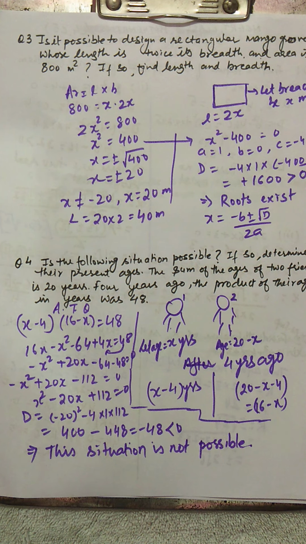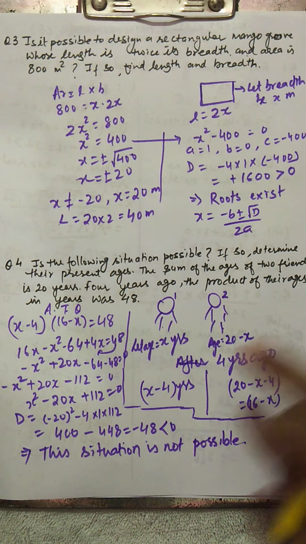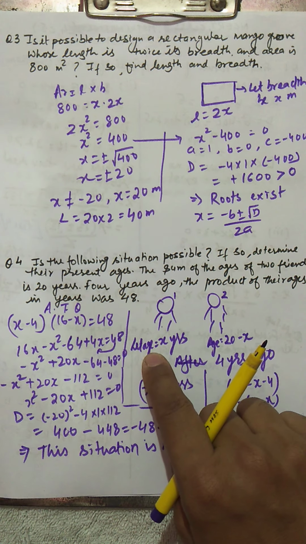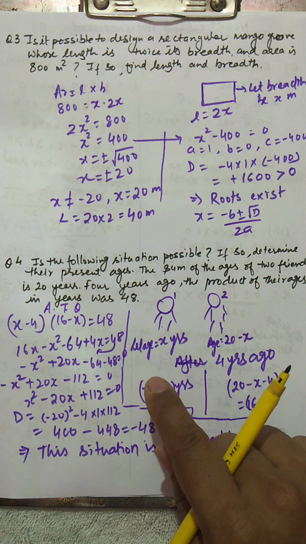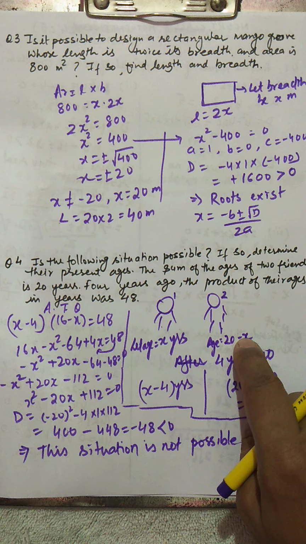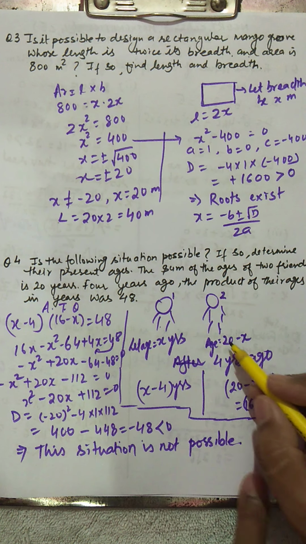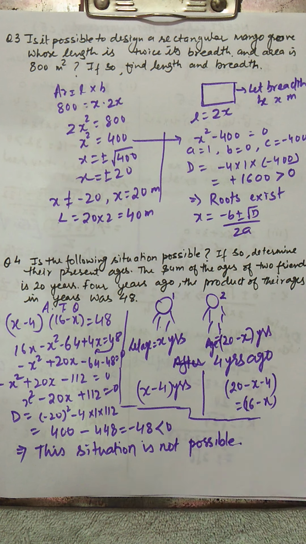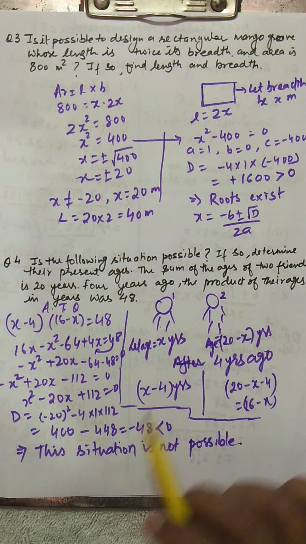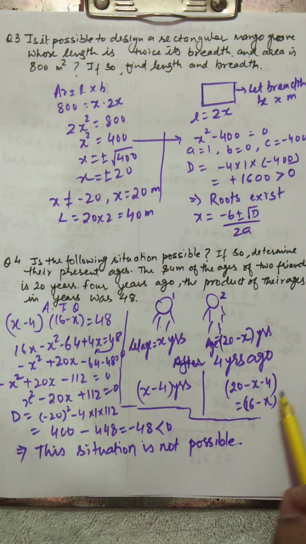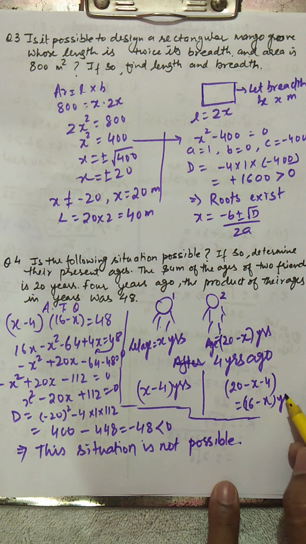So I hope you have understood. I can explain once again. See, according to the question, there were two friends: one friend, and this is the second friend. I started with assuming the age of the first friend as x and the second friend will be 20 minus x, because it is given that the sum of the ages is 20. So 20 minus x, and now 4 years ago, means 4 years before, the age of the first person will be x minus 4 years, and this will be 20 minus x minus 4, which is 16 minus x years.